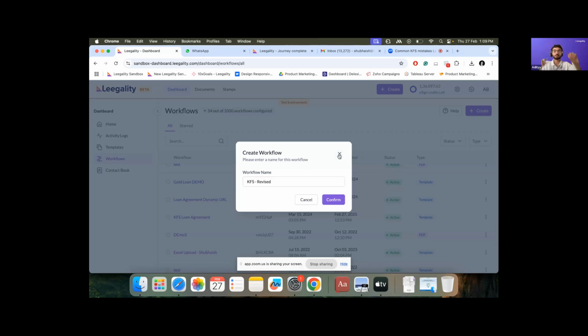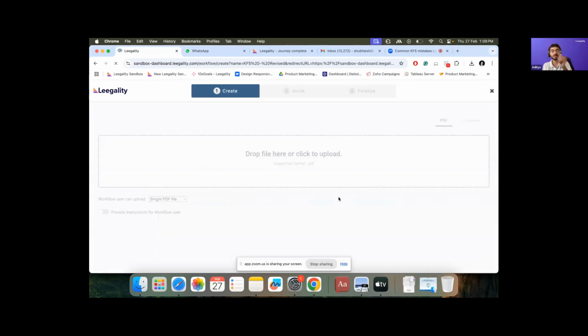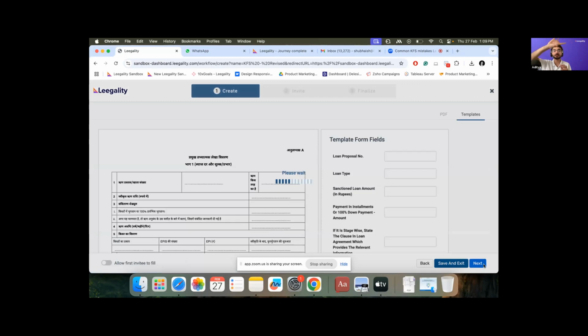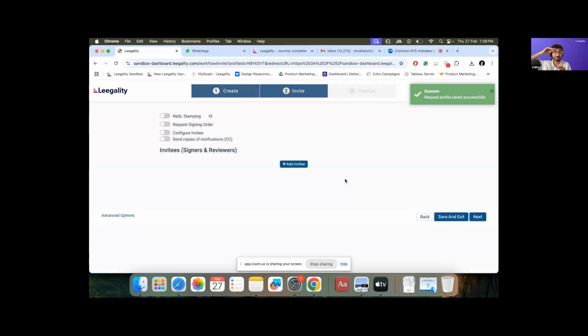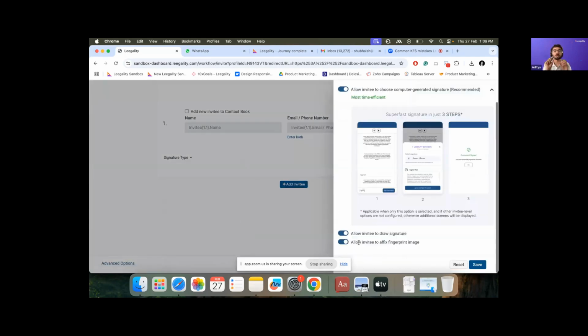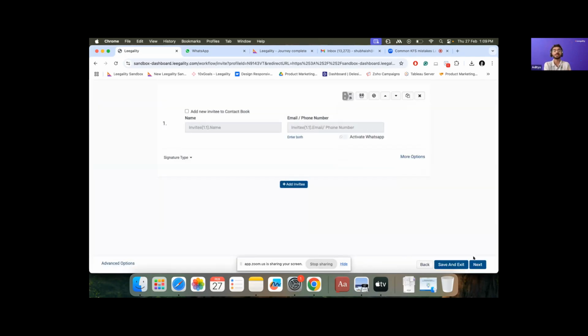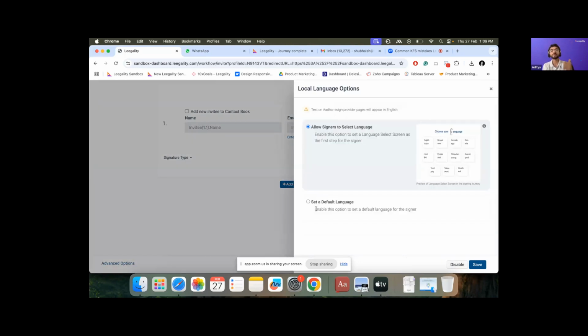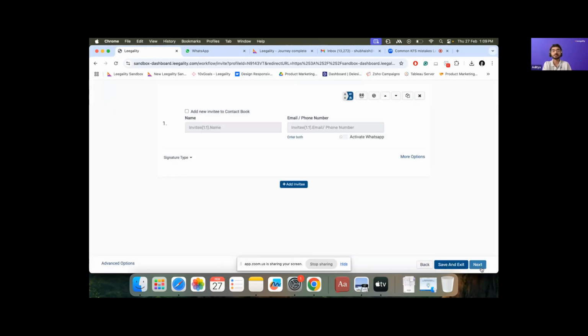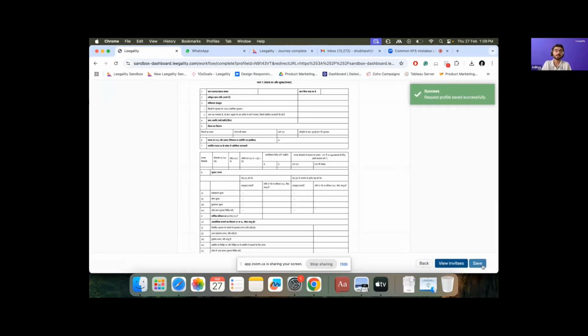Or you can set up two workflows. One is, of course, the original KFS workflow. And the other is, as Shubhesh said, a revised KFS workflow, which is what Shubhesh is doing on screen right now. You set up a template for a revised KFS, maybe with a header that this is a KFS for a revised loan. Same template, ultimately, annexure A. You just set it as a different workflow so that logically from your LOS LMS end, where there's a revision, this workflow is triggered to the customer on their WhatsApp or something, and they can re-acknowledge the KFS.